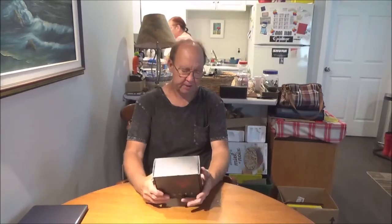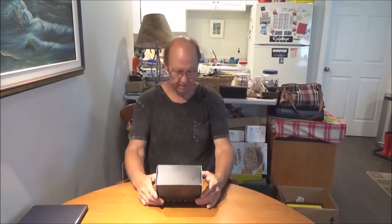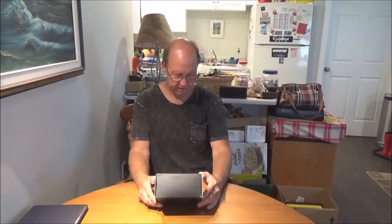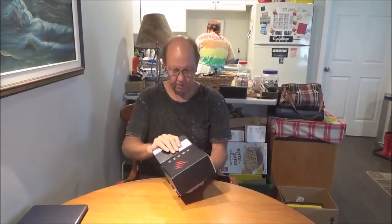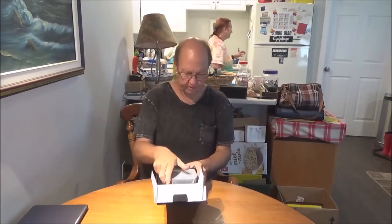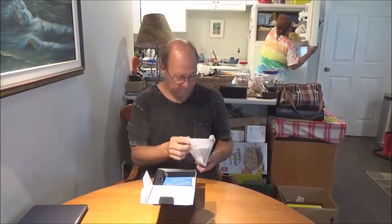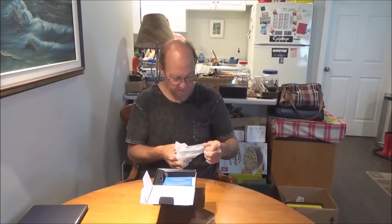We have a new piece of technology for you today. This was sent to me by an Amazon company called TaNix, and it's an Android TV box, and this one has 4 gigs of DDR memory in it and 64 gigs of eMMC storage. So you guys know about Apple TV and that sort of thing. Same idea apparently. Anyways, they asked me to check it out and review it for them, and so let's